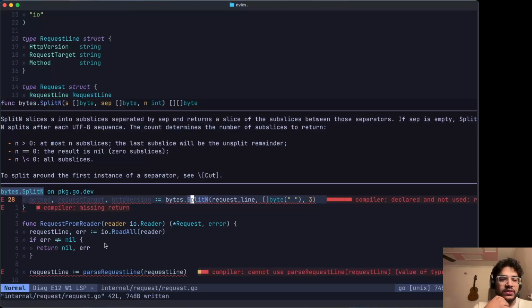If n is greater than 0, at most n subslices. So it will make sure that it gets separated into three parts. If it doesn't get separated into three parts, then what will happen? So if it doesn't contain anything,